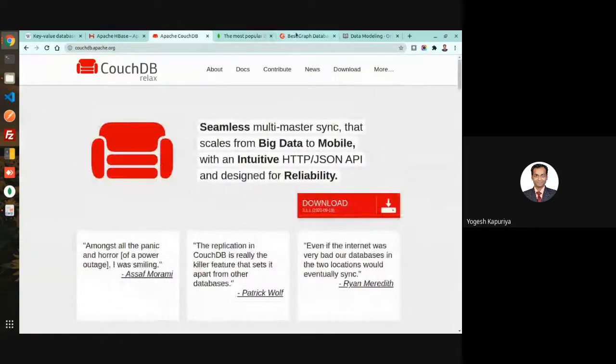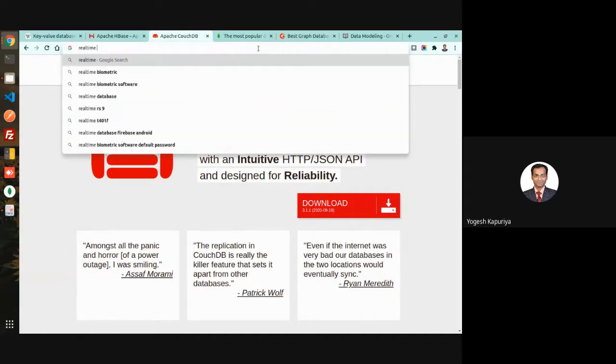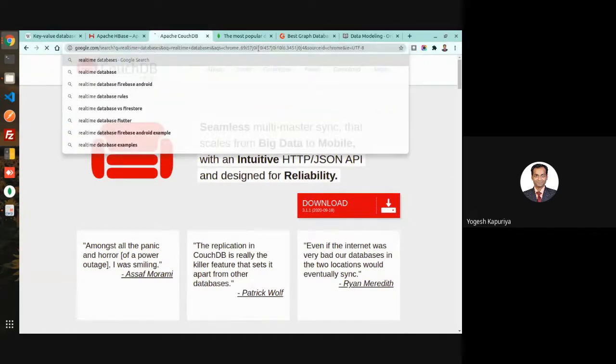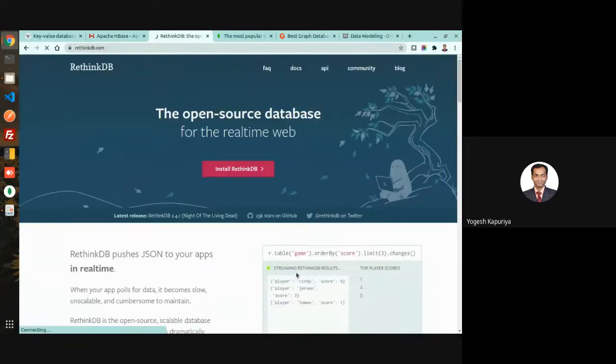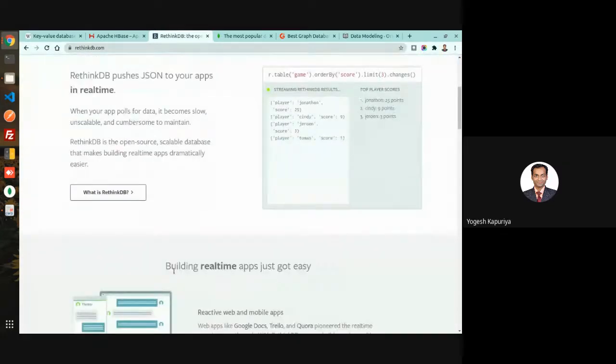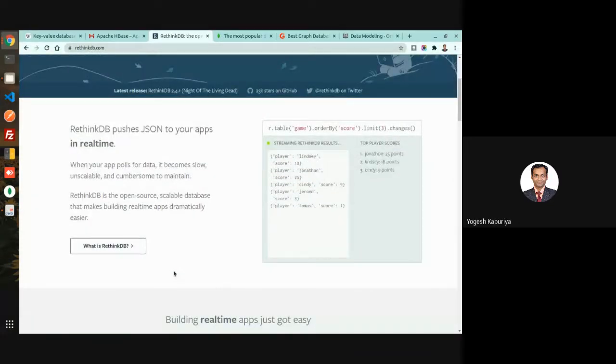Apart from these four major technologies, I think you should see some real-time databases as well. So Firebase we know, but then you have RethinkDB. So this is also a document database, but it has a real-time kind of structure.